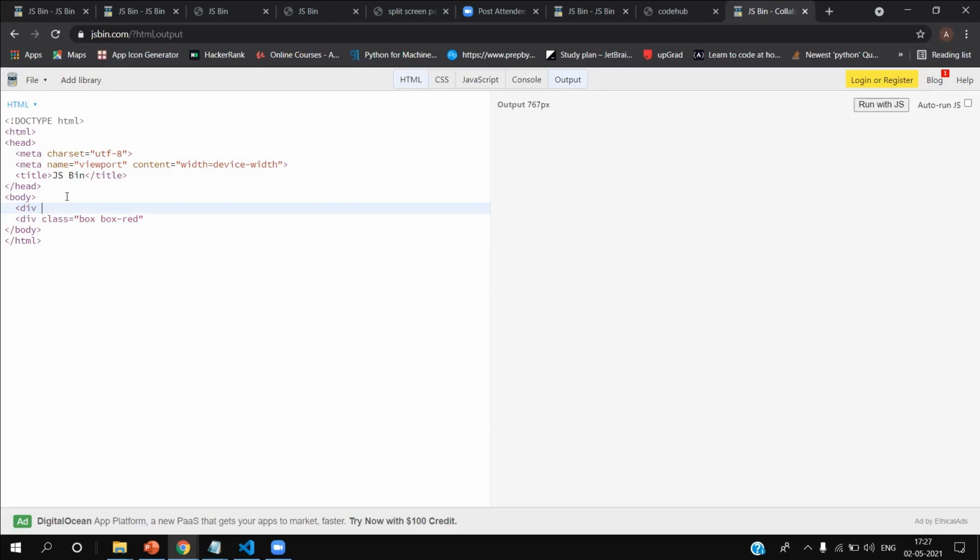Class equals to. So instead of creating this div, what I've done is I've written box here. So it will create a class div. Both are the same. So I'll remove it.